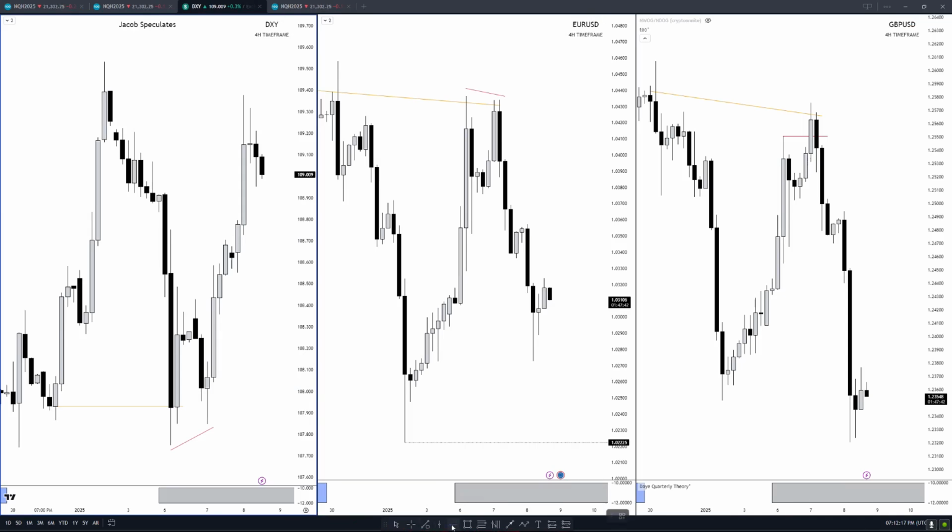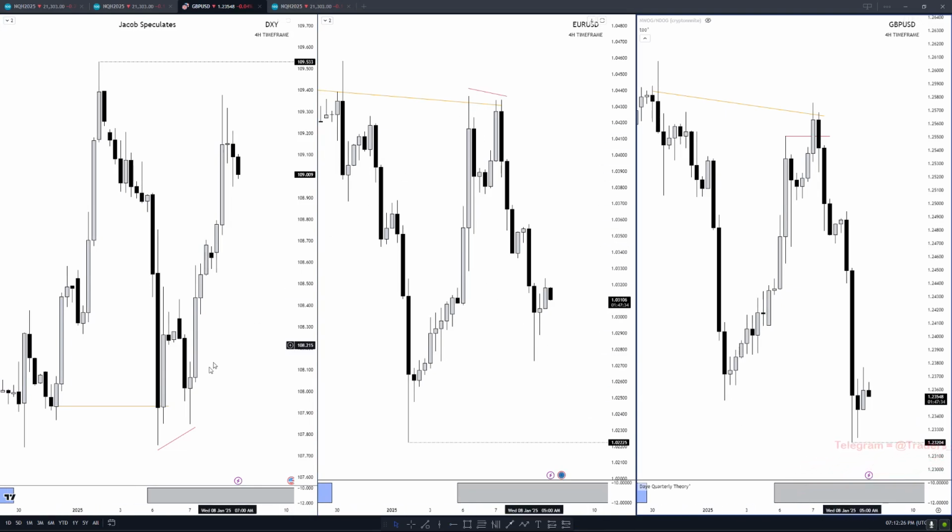But since I've been asked, what do I think Forex is going to do next? We can more than likely see continuation of what we've already been doing. So I believe the low of the week should be in for Forex. So we can expect this high on dollar to be ran, and then this low to be ran on euro. And even though we have this SMT right here, since we already have this SMT and a second stage, this is a true reversal for this cycle. So we can expect continuation of what we've already been doing.